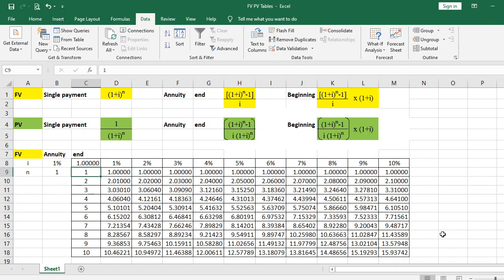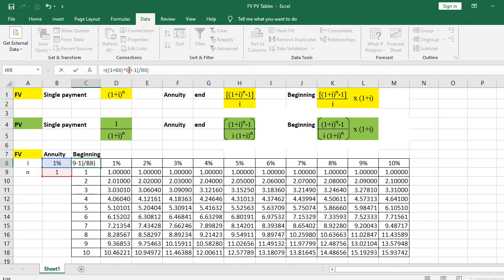Okay, let us move on to the third table, namely if the annuity is made at the beginning of the year. So let me copy this and paste it here. Annuity at the beginning of the year. What is the difference in this formula? The first part remains the same. It has to be multiplied by 1 plus I. So I keep this formula as such.